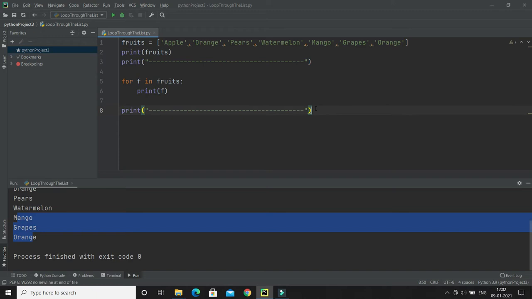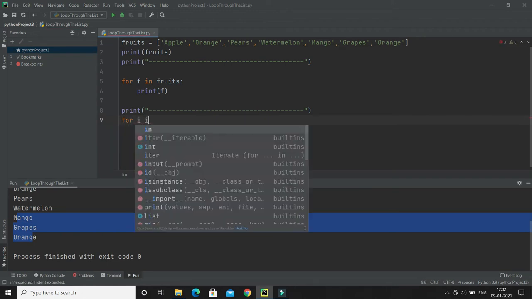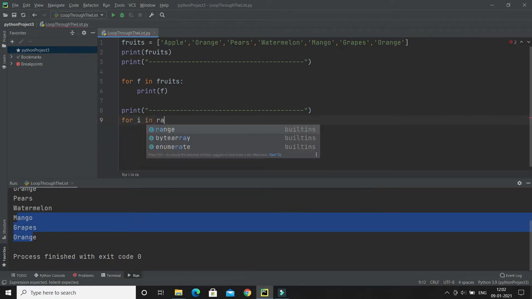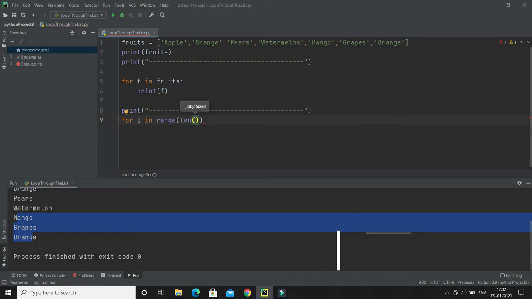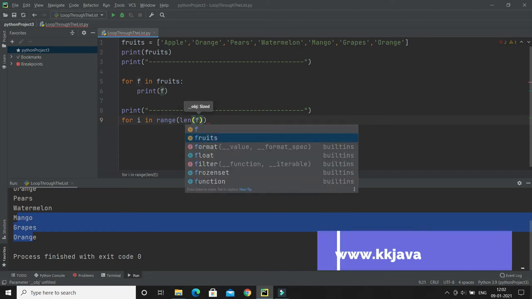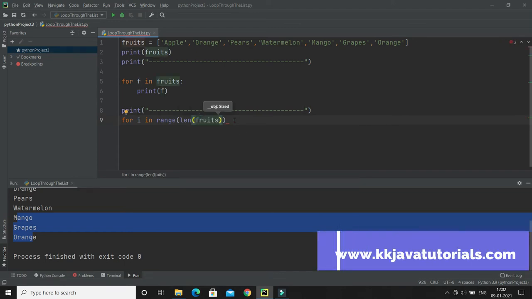Here I will use the for loop only. I will say for i, where i is the variable name, in range, and within the range function I am going to call the len function, and pass my list, which is called fruits. Now this is the iterable.